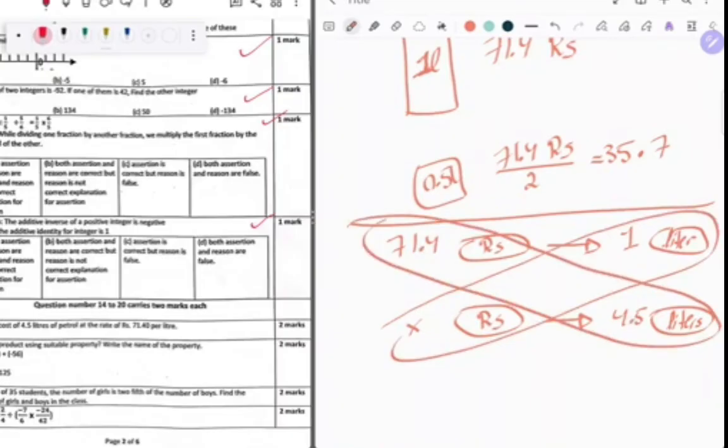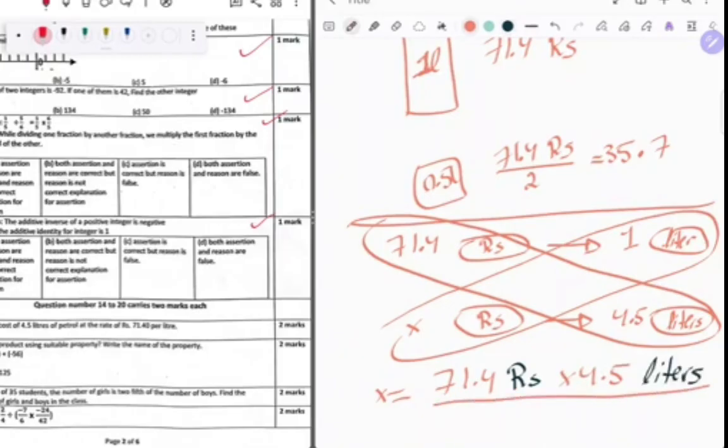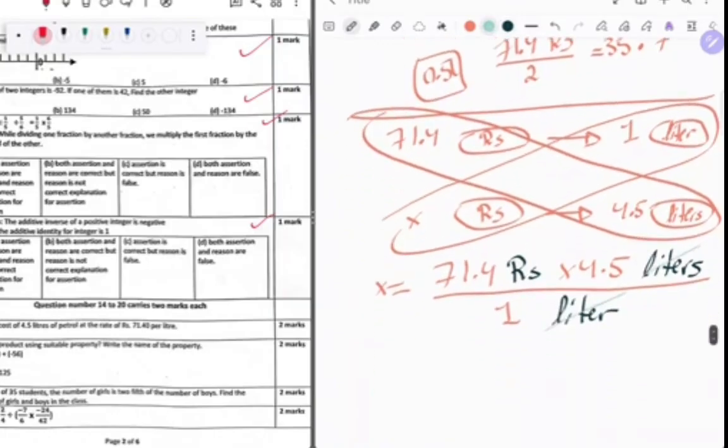Okay, so then I'm gonna do x equals 71.4 rupees. I need to emphasize on this one. Rupees times 4.5 liters over 1 liter. So now I'm removing liters and liters. So what am I left with? I'm left with x equals 71.4 times 4.5, that's going to be 321.3